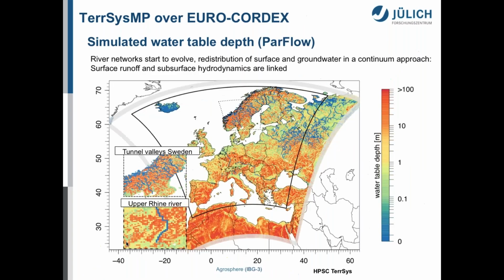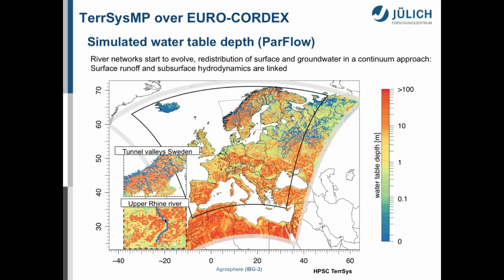Okay, and then the output of these simulations is, for example, water table maps, not only maps, but we simulate this in a dynamic fashion, and so we can interrogate the system at different points and, for example, extract water table depth information, which we then also can compare very nicely with observations. And you see really here that we get already at 12 kilometers some really nice details of the system.